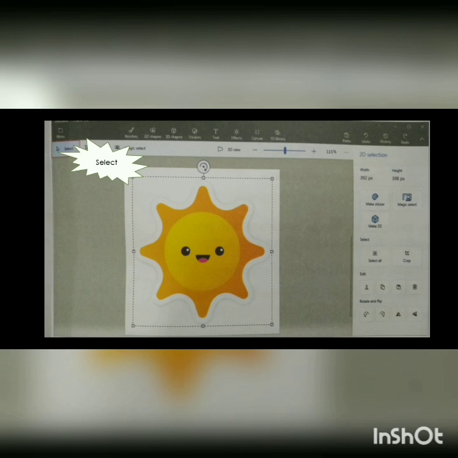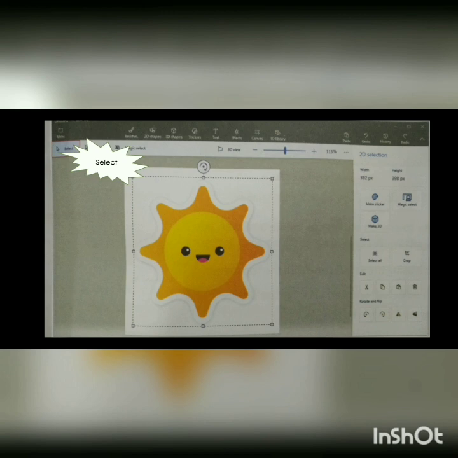After the insertion on the canvas, we can do many things with the stickers. For that purpose, first we need the selection. How can we select the sticker? To select the sticker, we have to use the select tool. Clicking on this tool will give you a box. You drag your mouse pointer over the complete canvas. You will see the dotted box surrounding the sticker. That means your object is selected.